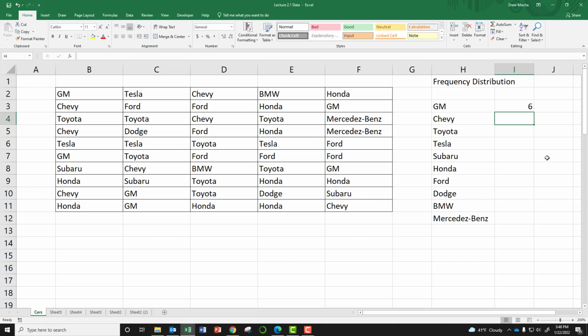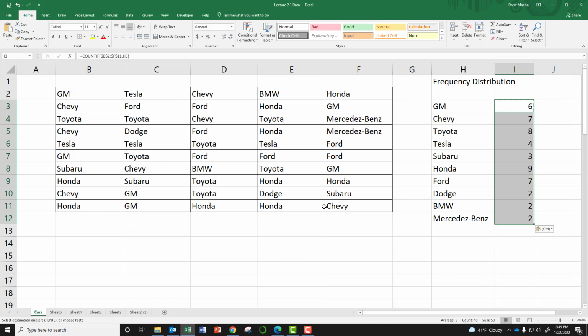And what this is telling me is that Excel found 6 instances of GM in that whole field, by using the equals COUNTIF formula. And so that one's nice. Just because I want this blue field to be locked in place and count the same cars each time, I'm going to use dollar signs to lock the B2 in place, and then I'm going to put $F$11 to lock F11 in place. Click enter again,